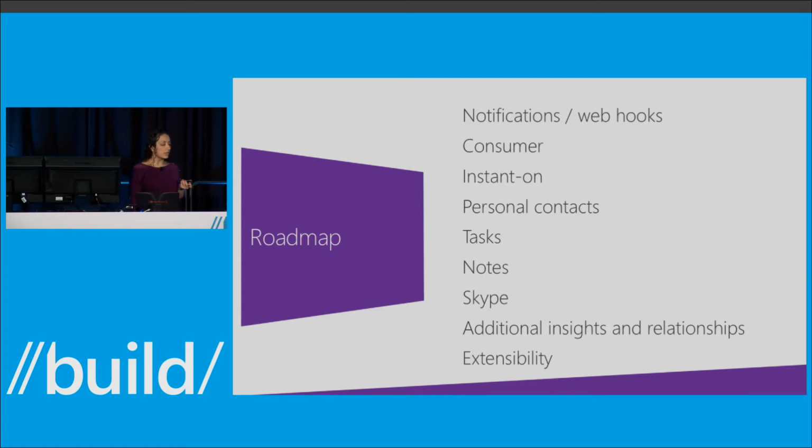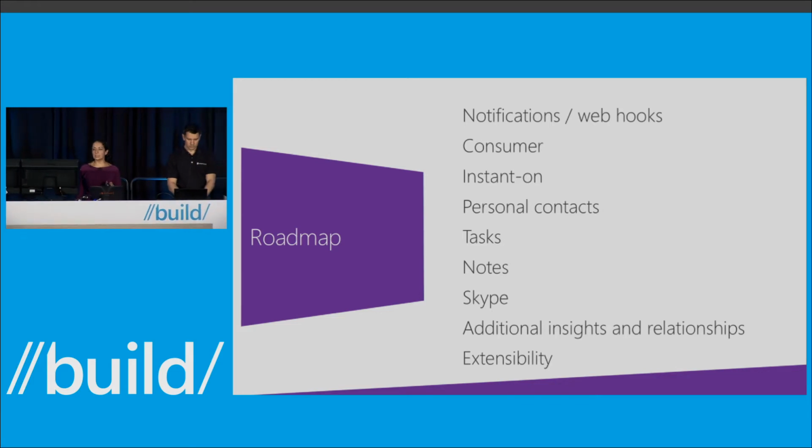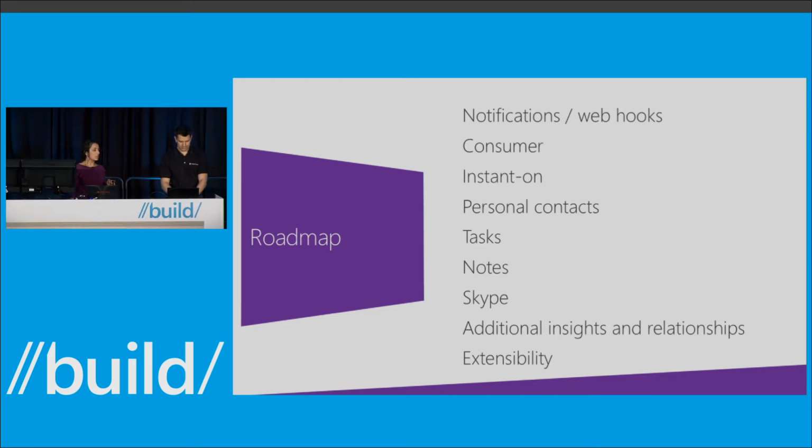Right now, when you create a group, access to the content of the group is not instantaneous. It takes a little bit of time to replicate across the multiple services, so we're going to close that gap. We're going to add personal contacts. The contacts supported on the API today are just organizational contacts. We're going to add tasks, notes, and information coming from Skype, additional insights and relationships from the Office Graph, and